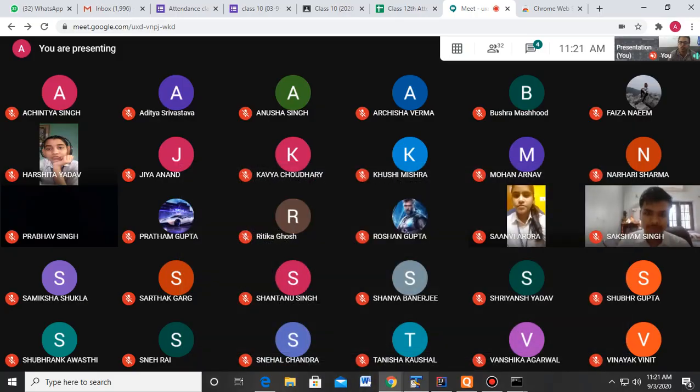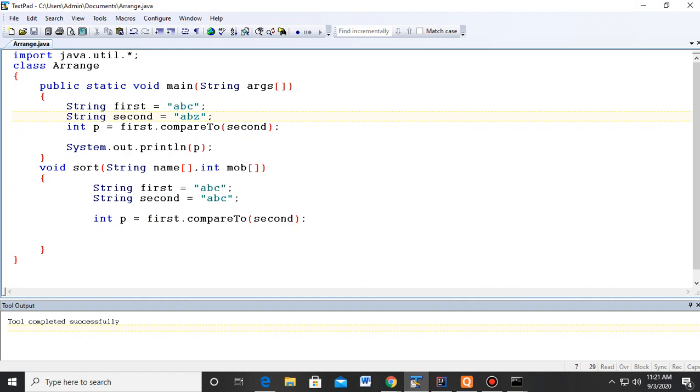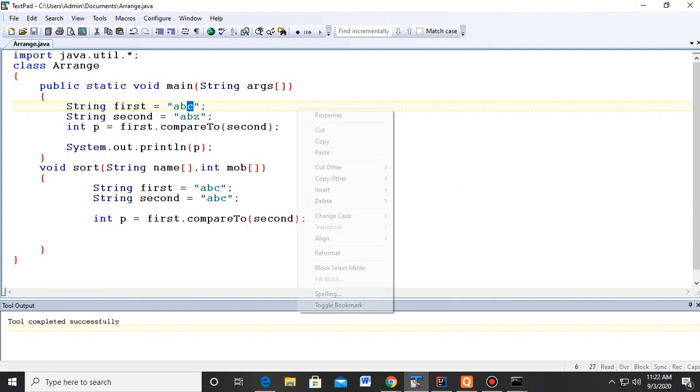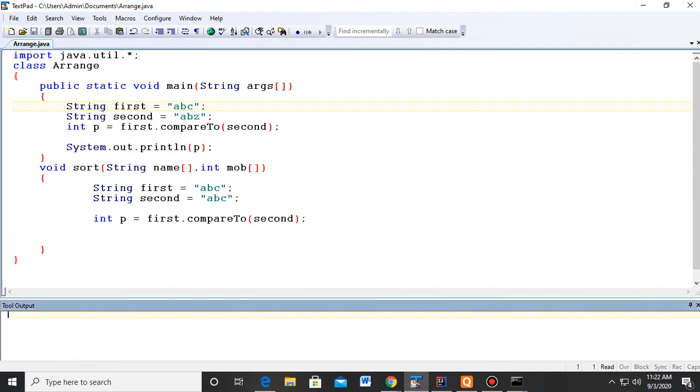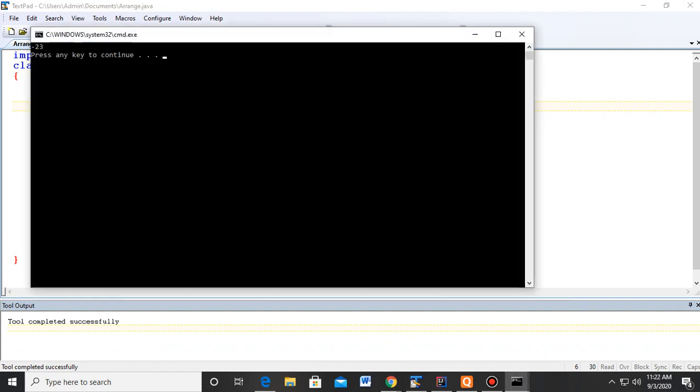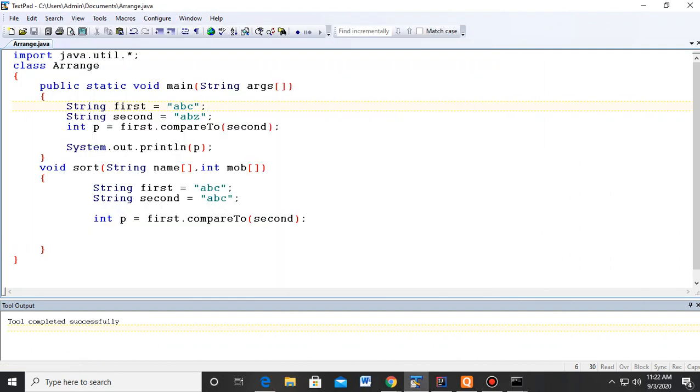What is the answer in this case? Please tell. I told you that the ASCII code of the first pair, the ASCII code of this A and the ASCII code of the other, the difference between these two will get calculated, which is 0. And then again the next pair is picked, and the difference between these two is calculated. So here the ASCII code of C minus the ASCII code of Z. Now see what the answer is. The answer is minus 23.